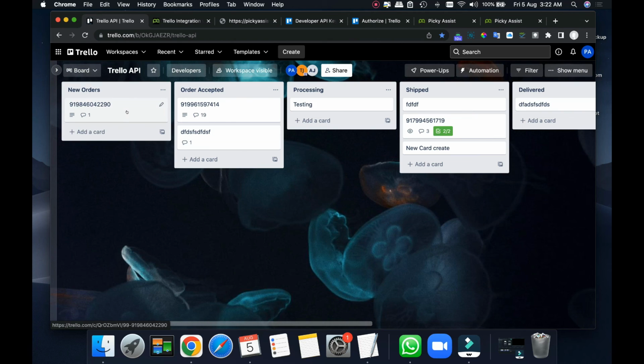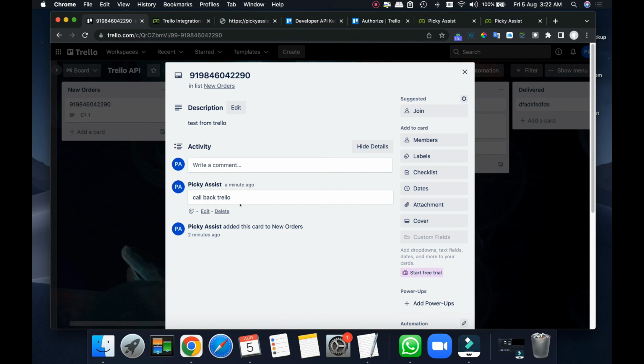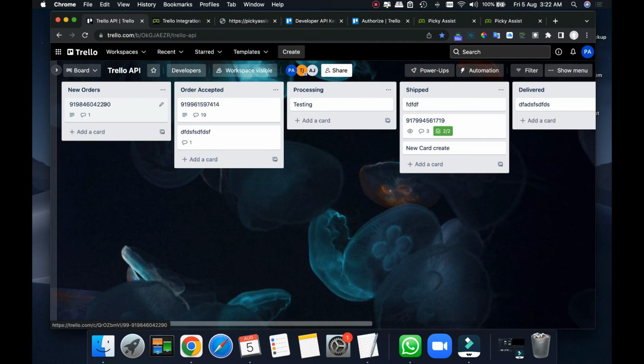If the card is found, it will add the incoming message as a comment in the activity flag. If the card is not found with this mobile number, then the system will automatically create a card. So this is how the Trello and WhatsApp integration works.